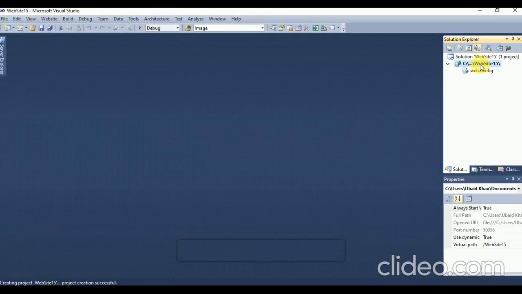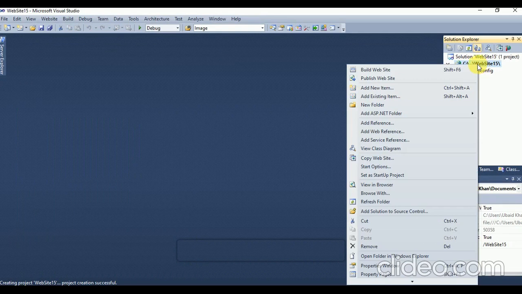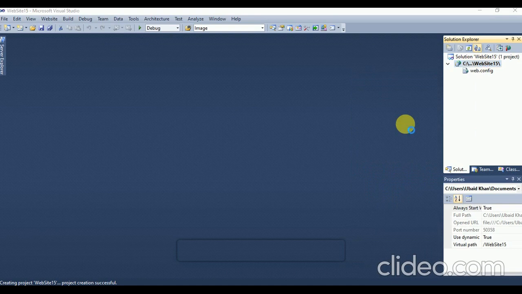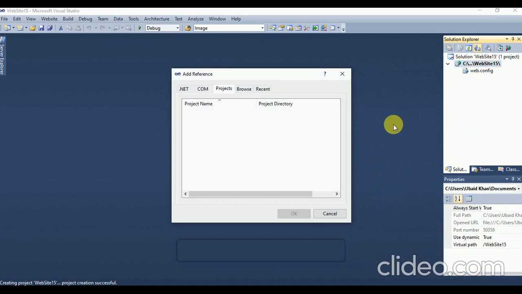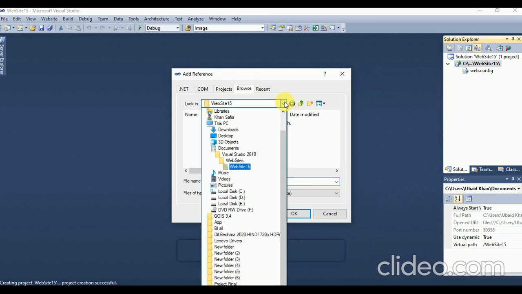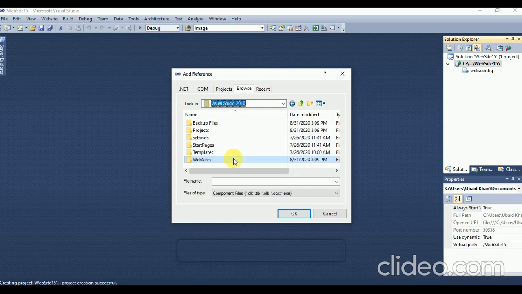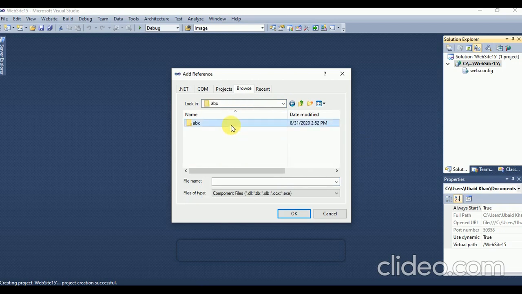Right click on website, add reference, select abc.dll file. Click on OK button.